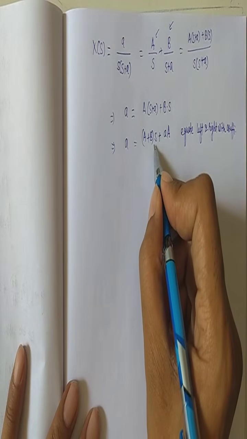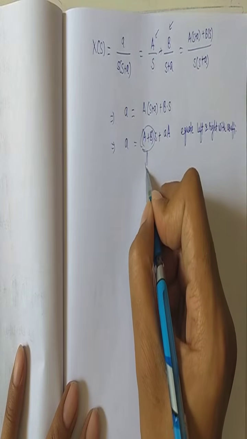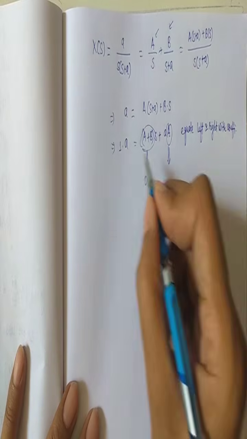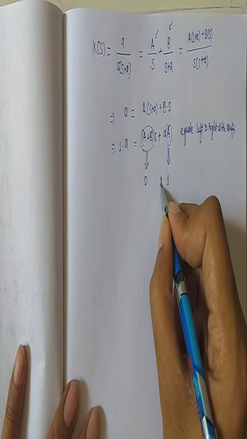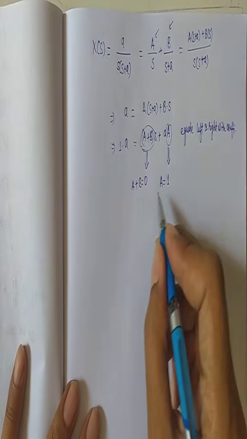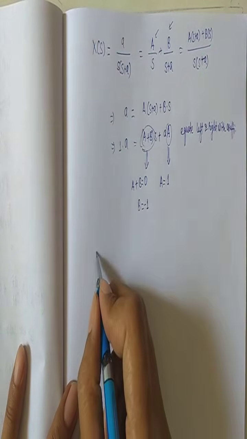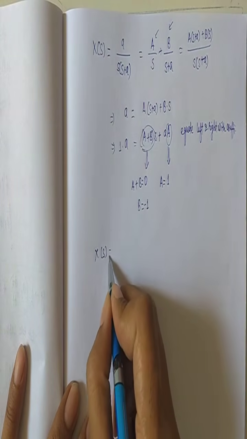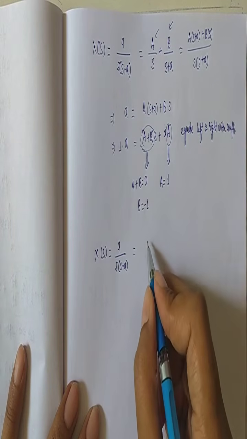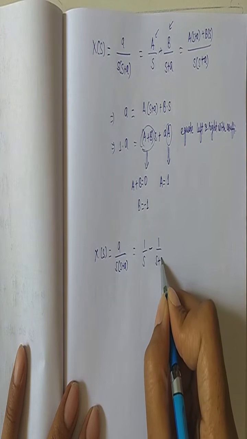So we see the s coefficient here is 0. So essentially this is 0 and this a is 1. So I can write a is equal to 1 and a plus b is equal to 0. So since a is equal to 1, b is equal to minus 1. So I can write this X(s) as a upon s into s plus a, as 1 upon s minus 1 upon s plus a.